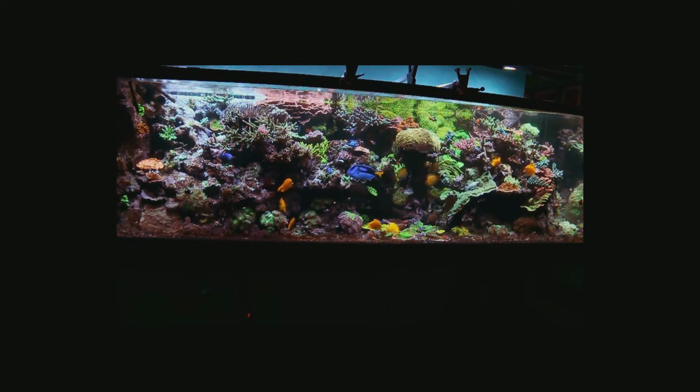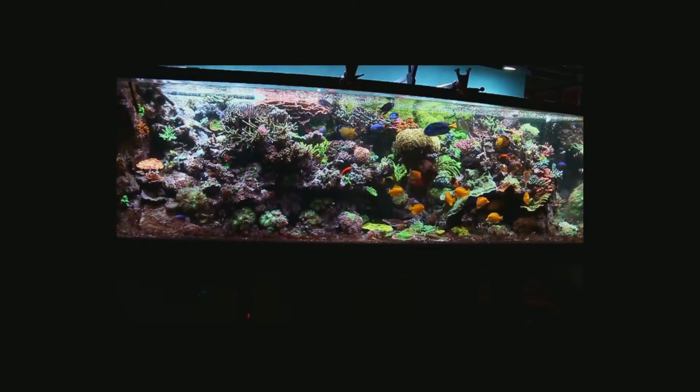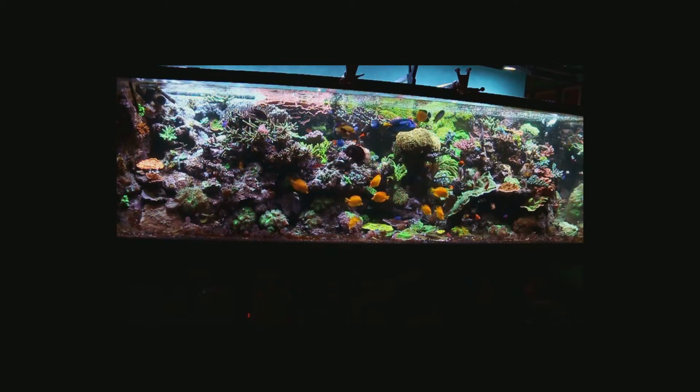So that's the overall shot of the tank. Let you guys soak that in for a little bit. I'm going to pause for a second. I'm going to throw some food in so we can talk about the fish. So there's some just simple flake food in the tank just to give you an idea of how the fish